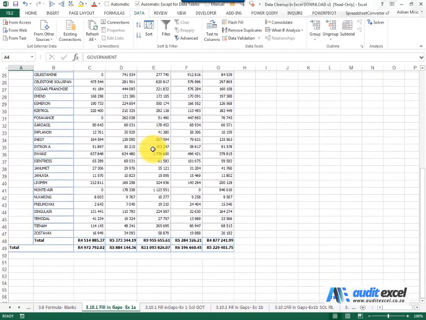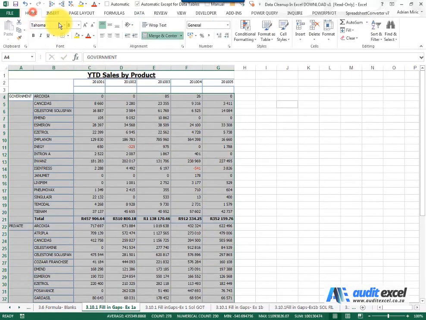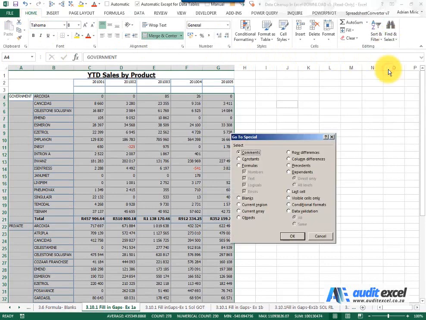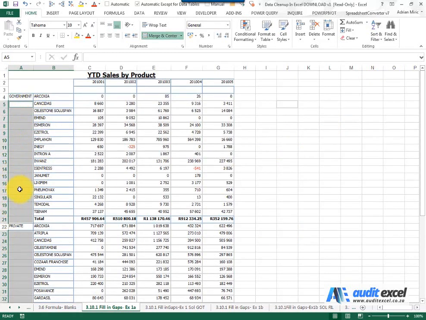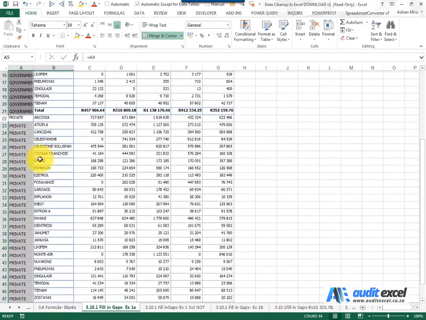Second thing we're going to do is just highlight that area. Under the Home tab in Find & Select, there's Go To Special. I'm going to tell it to choose all the blanks. You'll notice it's only highlighted those. And then I'm going to say equals the one above. And now I don't push enter, I push Control Enter. And it automatically fills in the correct